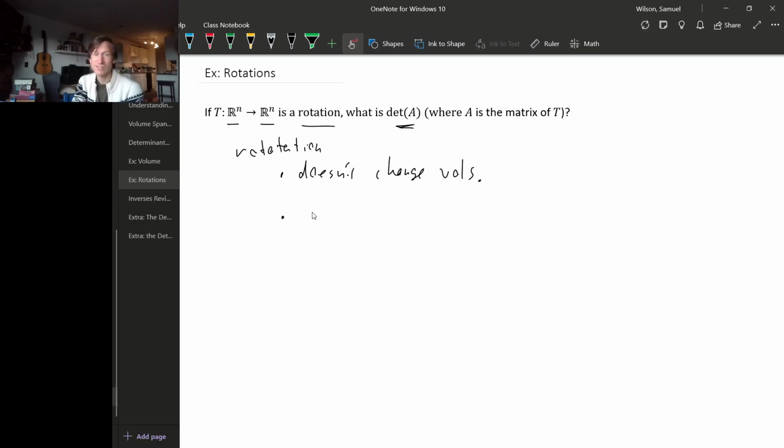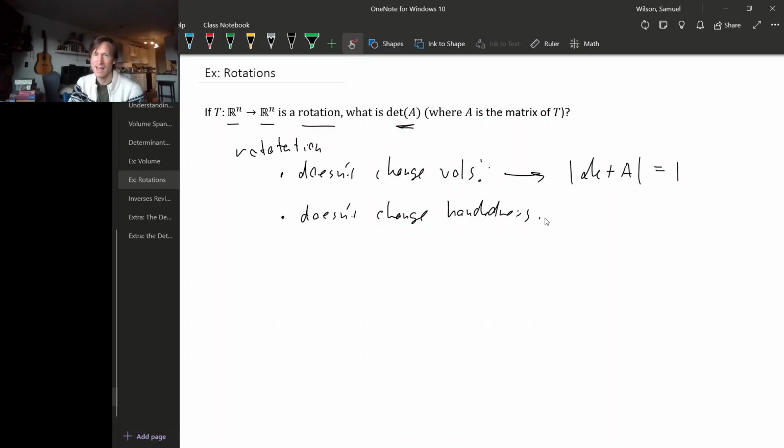And also, it doesn't change orientation, or handedness. Whatever handedness your vectors started out with, if you do a rotation, you still can use the same hand to describe those vectors. So this first fact tells us that the absolute value of this rotation matrix's determinant is 1,